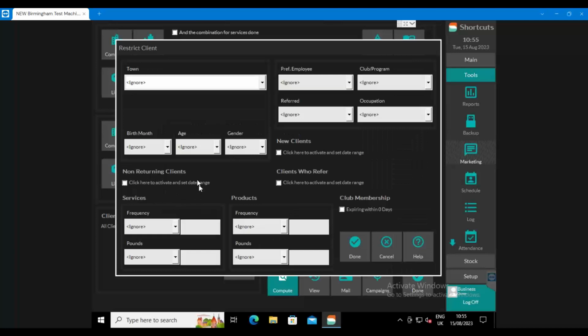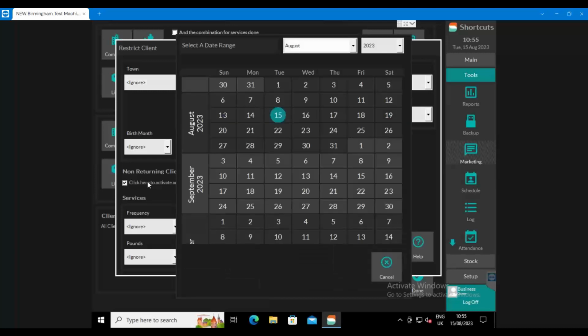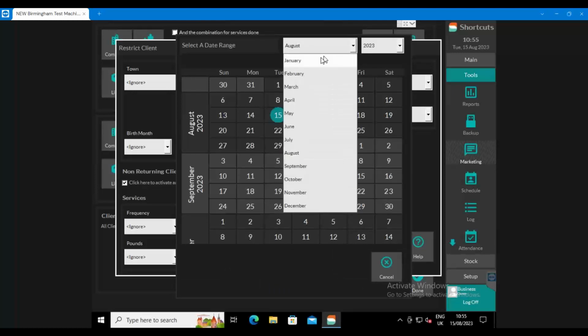And we're going to set ourselves a non-returning client date range. Now, again, remember with this, ladies and gents, the trick is to set a date range, but ensure you've left enough time for the client to return. So my example when I looked at the report was they visited between Feb and June, giving them roughly 90 days to return. So again, we're going to click on non-returning,